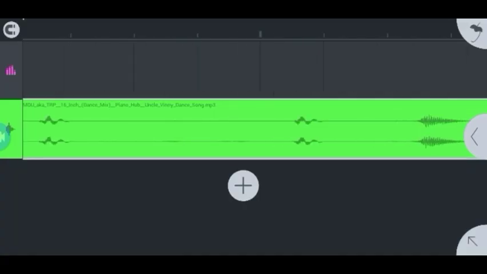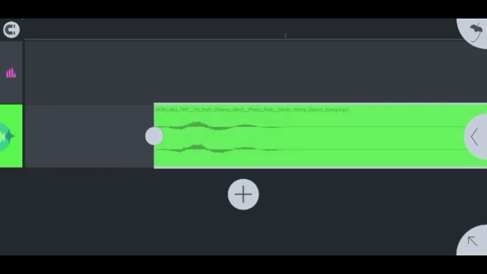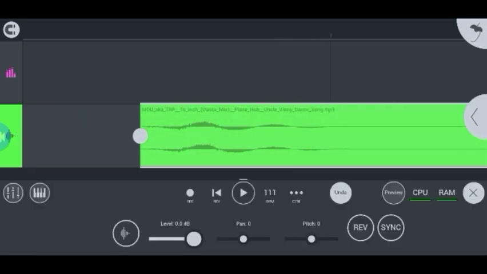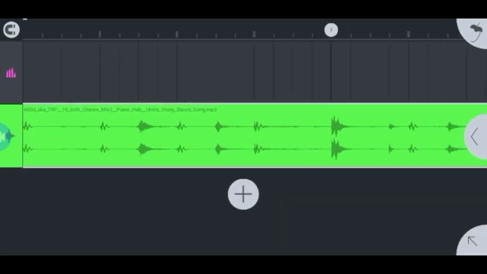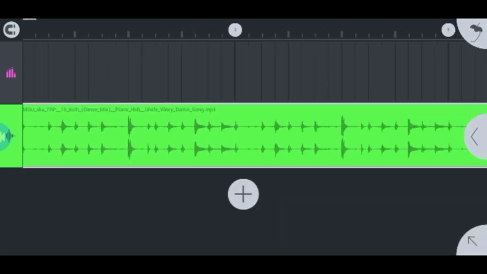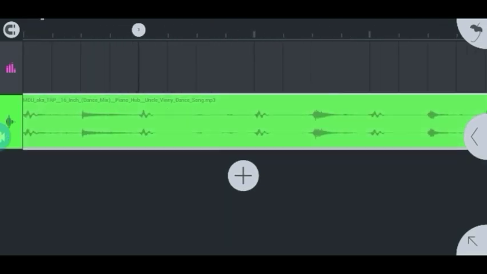I'ma keep it safe and not play the whole beat because of copyright claims. So what we're gonna do is cut the song and make it short so that it can loop, and then make sure you put it on the right BPM, 111. That's what I put it on. So it depends on the song BPM. You have to do some research on it, and